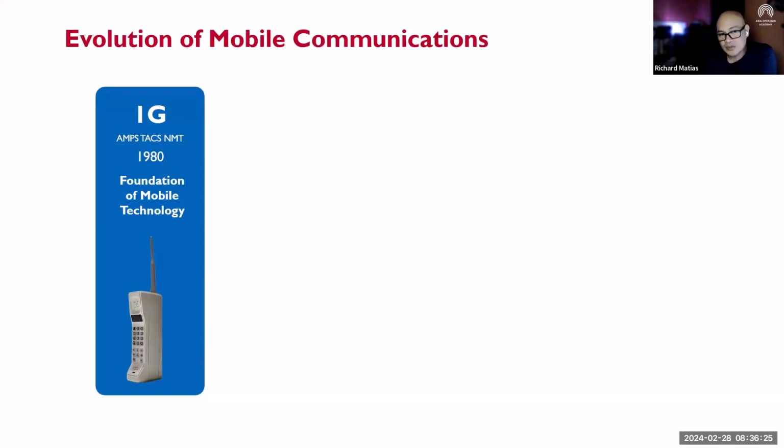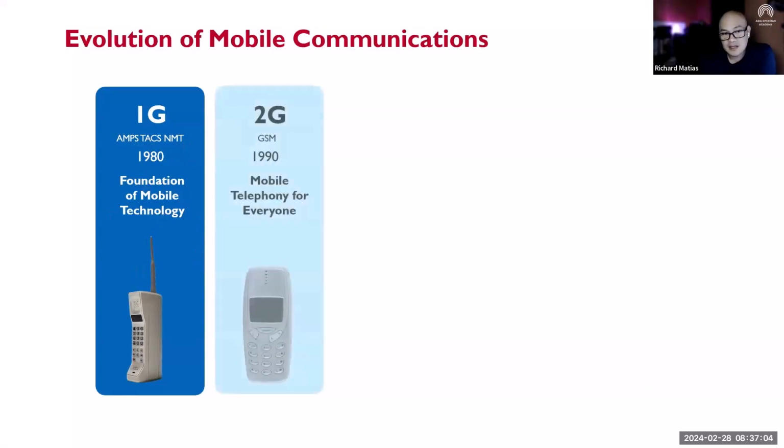But during the arrival of 1G, this is the first time that we became mobile. You can answer a call anywhere and anytime. That's why it is called the foundation of the mobile technology. The most famous types of 1G technology were the AMPS, the Advanced Mobile Phone System, the TACS, the Total Access Communication System, and the NMT, the Nordic Mobile Telephony. These are analog